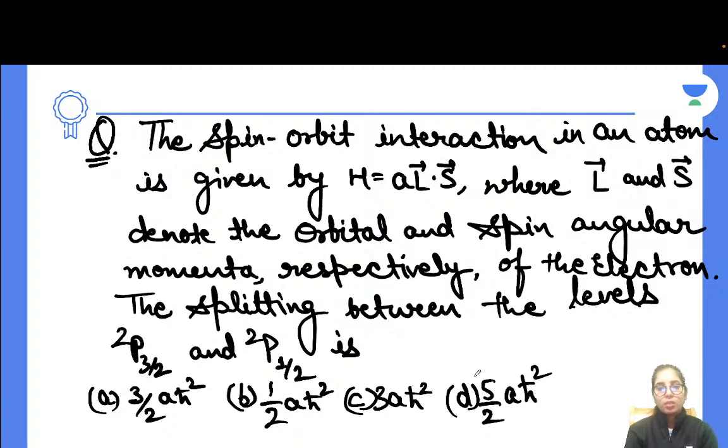Like that. And for S, 2S plus 1, you can do the comparison with the 2 because you have 2p 3 by 2 notation and 2p 1 by 2 notation. So once you do that, you will get S and L. Another part is that once you have got it, you have to consider the splitting between the levels. Whatever two energies you get corresponding to the respective term values, you will take their difference, and that's how you will be able to get the answer.